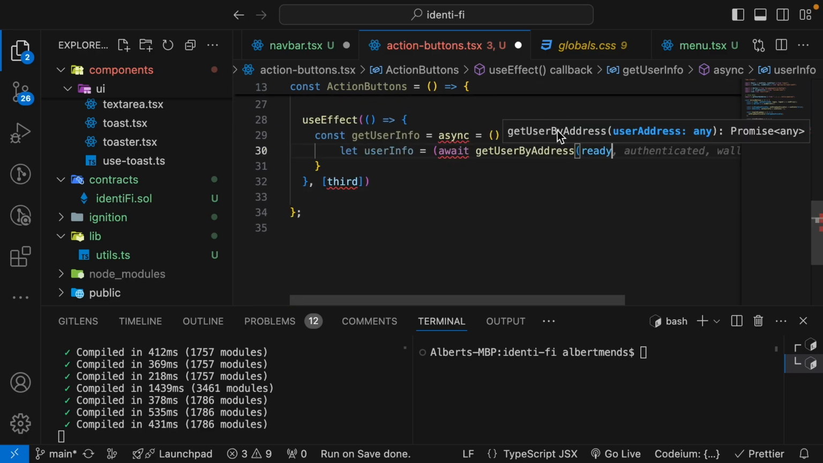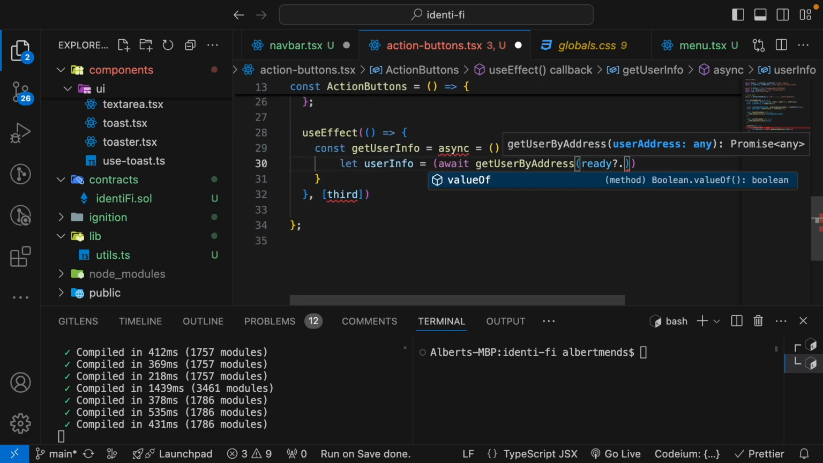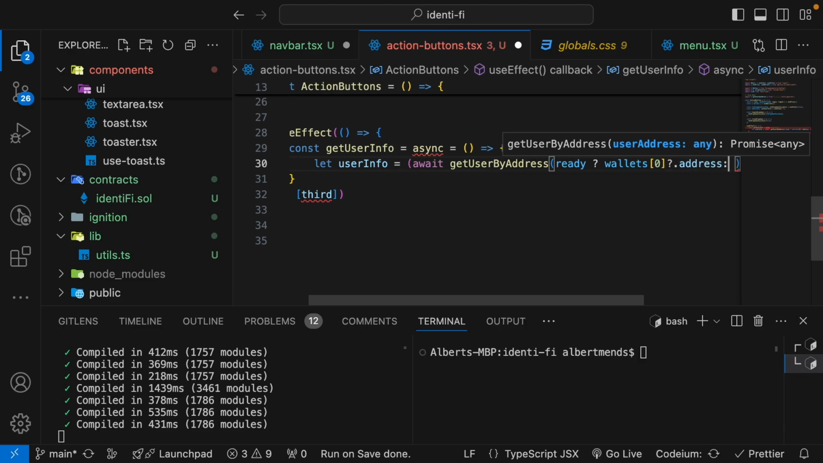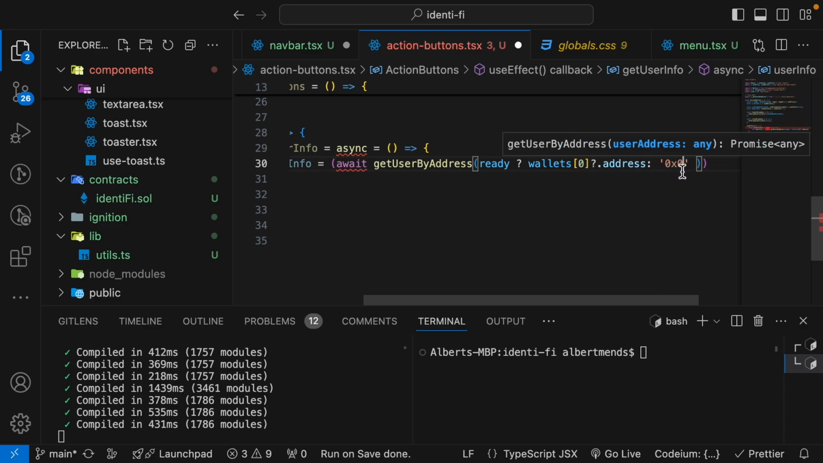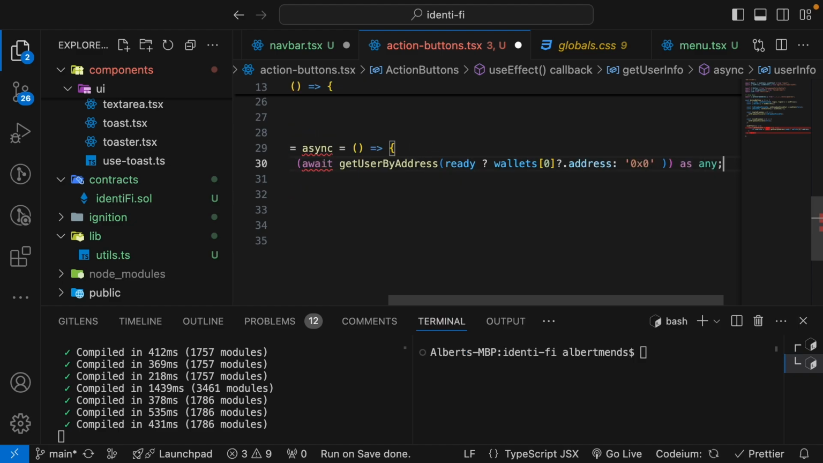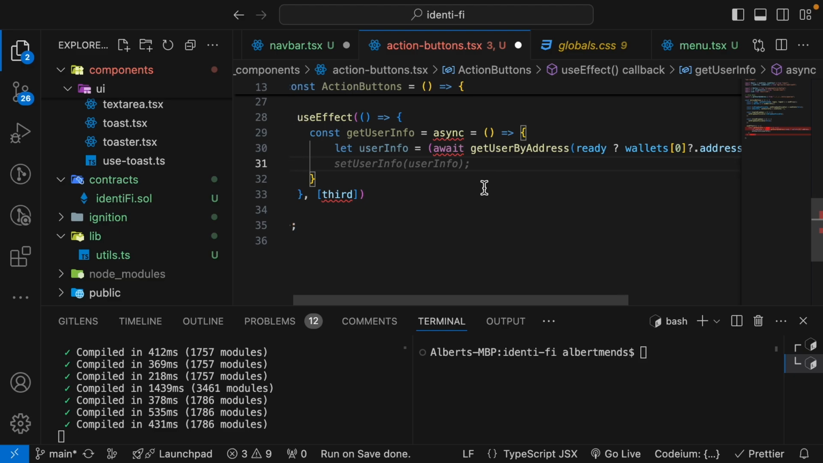So is the user ready? And if the user is ready, we are going to access the wallet of the connected user and get hold of the address. So we check, is the user ready? If yes, we get hold of the first address of the connected user. Other than that, we just store this default address to call the get user. So as any,